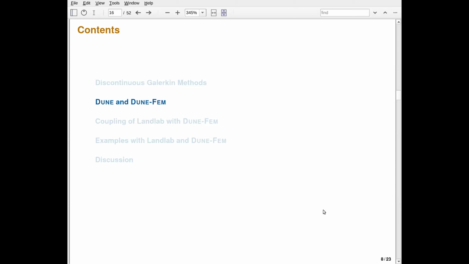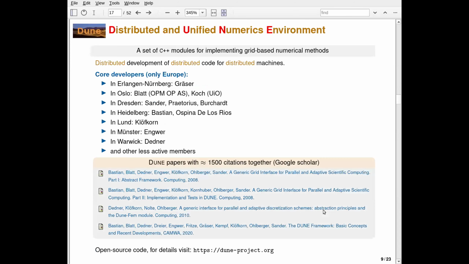Yes, so DUNE and DUNE-FEM. As already mentioned, DUNE stands for Distributed and Unified Numerics Environment, and you could see it as a set of C++ modules for implementing grid-based numerical methods. And the development started around 2003,